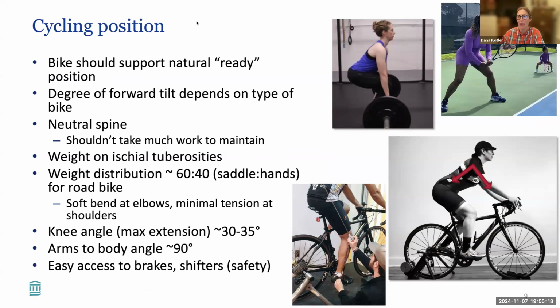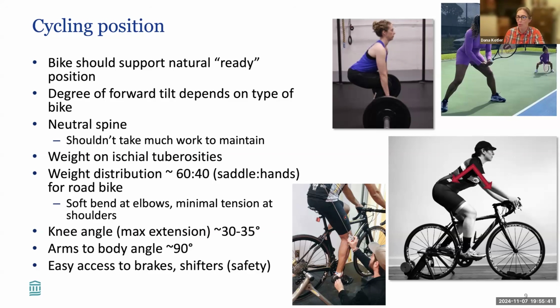And you can imagine, like in a lot of other sports, there's this sort of neutral ready position, whether it's like my friend Amy here lifting this barbell, or whether it's like a tennis player. You're just slightly pitched forward, knees are bent, spine is really neutral, and you're ready for action. So that's kind of what the position on the bike should look like. It shouldn't take a whole lot of work to maintain. Your bike should just kind of put you there, and it should be pretty comfortable, ideally.